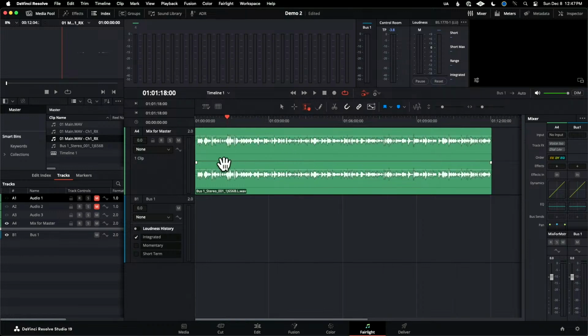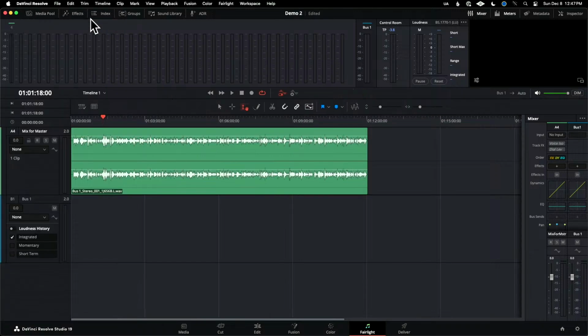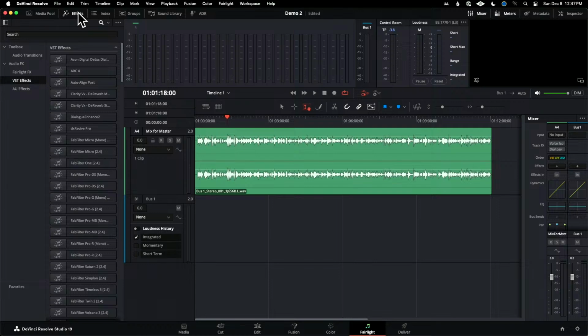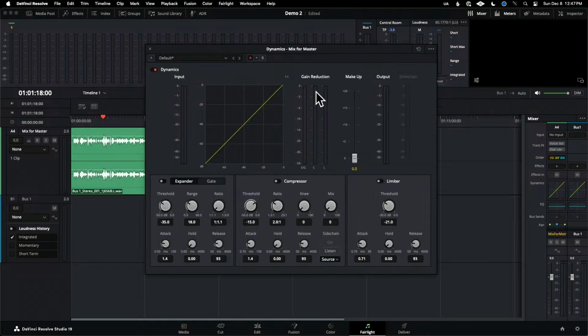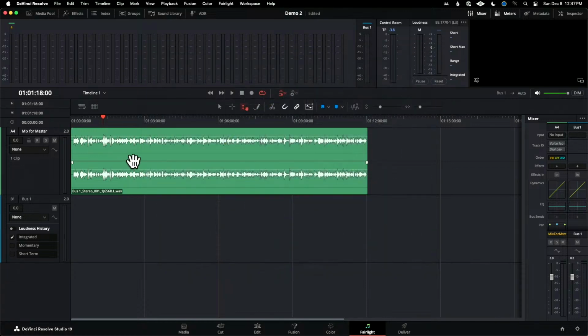Okay, now this is where I'm probably going to bring in a compressor and we're going to do a little bit of compression work. There are a variety of ways to do this, and I'm going to close the media pool and the index, open up our effects. There are a million different compressors, and we could actually just use the dynamics compressor right here. This is nice because it has both a compressor and a limiter, and you can do the makeup gain right here as well. This is one way you could do it, and we've covered that in the past in some of our other videos, but in terms of the plugins that I usually reach for,